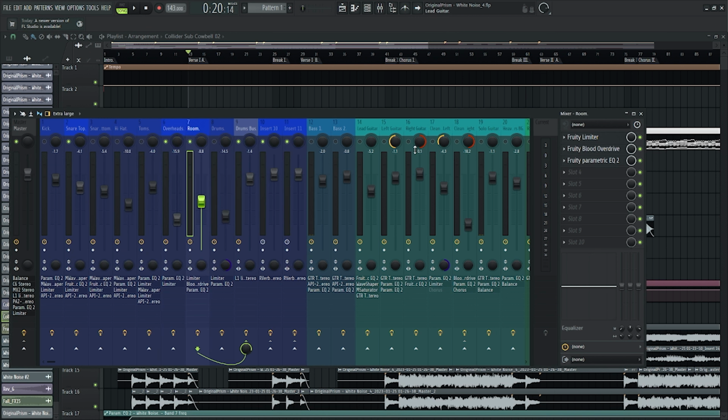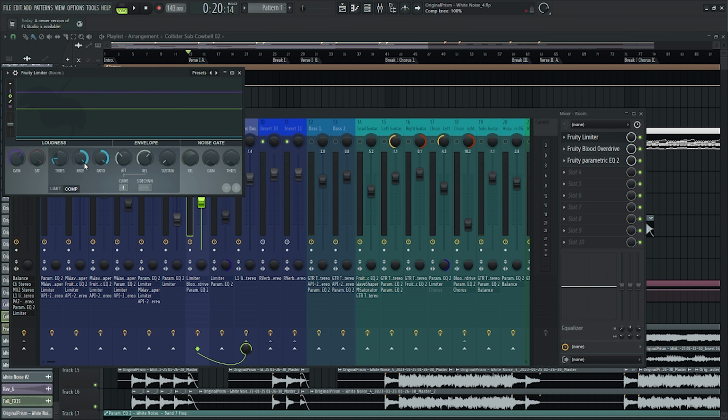Yeah, the room mics are very squashed. As you can see, the ratio is very high. When you go above 10:1 ratio, you're talking about limiting, because